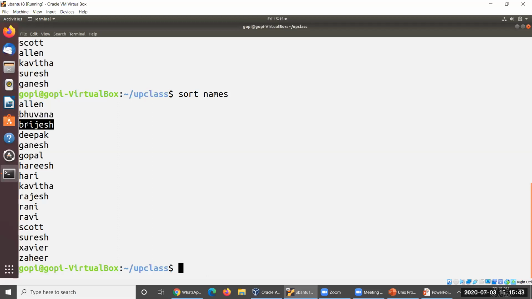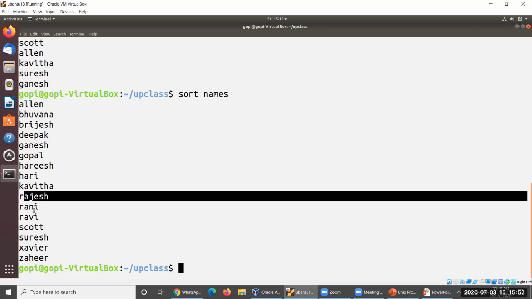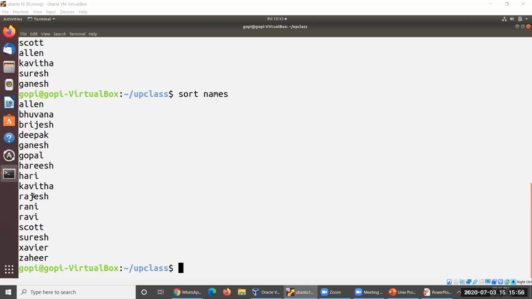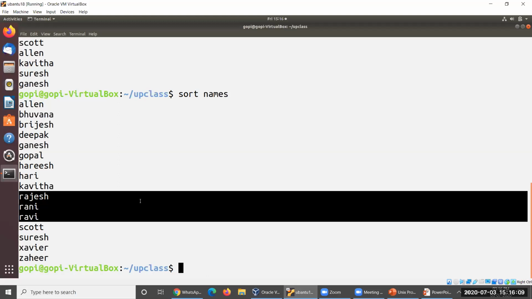B followed by R will be somewhat farther than the H, so it could be displayed second. Otherwise, Rajesh, Rani, Ravi. Rajesh, RA. After this one, everything is common. So, if you consider J is a foremost letter when compared to N, and N is a foremost letter when compared to B. So, based on this, the sort operation is being operated.